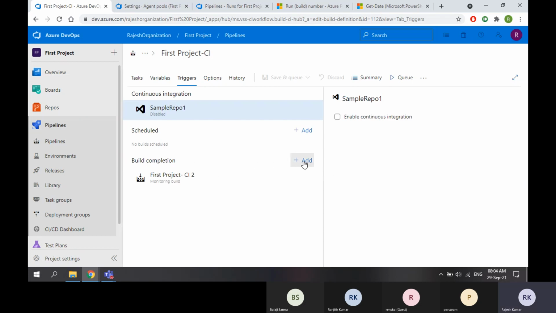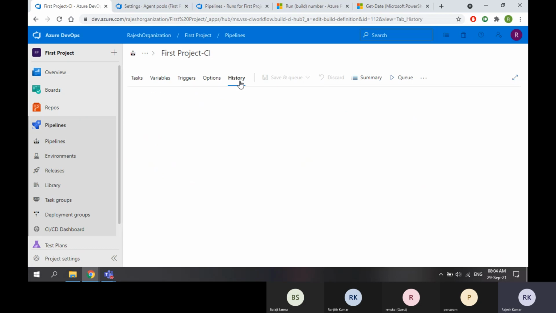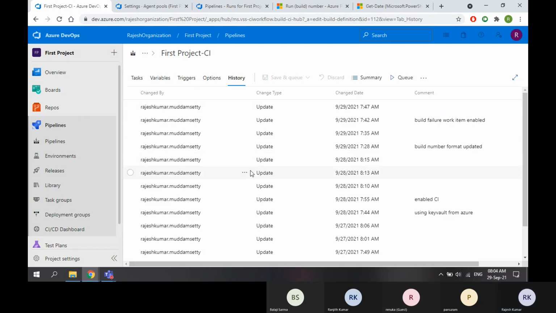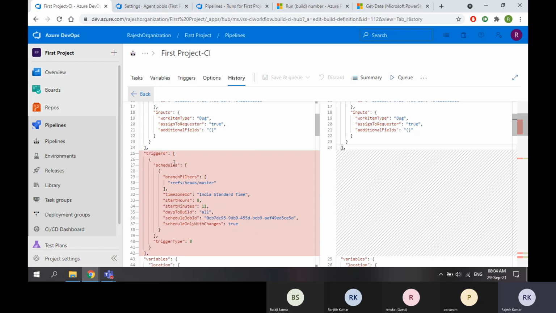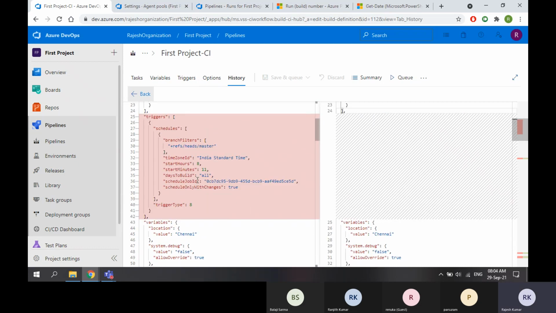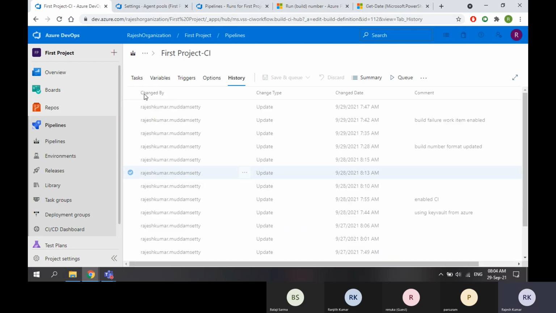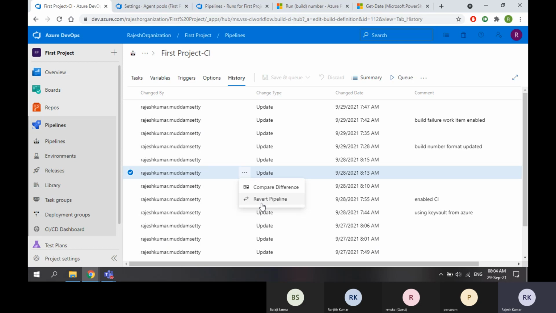There is a build completion trigger available right now, but in the history, when I compared, there are triggers in this version, and in the next change the triggers are removed. So it's clear, right? If you want to keep these triggers enabled, then simply I can go back, take this, and revert.